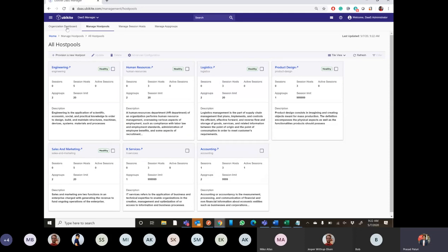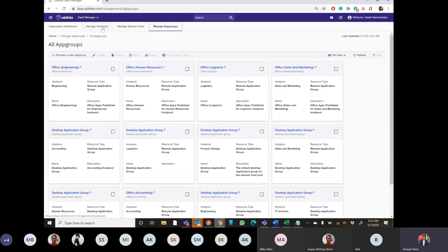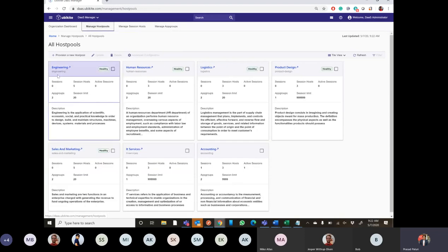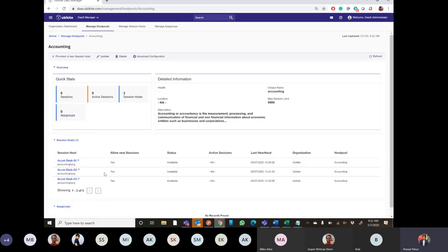The other thing is you can jump. If you look at the menu on the top, it allows you to directly jump into host pool, or click on session host and look at all your session host servers, or get into a particular app group without going into the hierarchy. Either you can go into a department, like, okay, I want to go into accounts and I want to go into a particular app group. You can do that, or you can directly jump